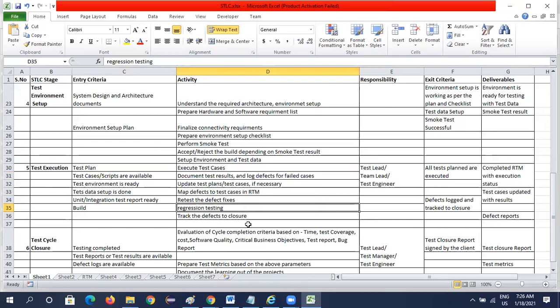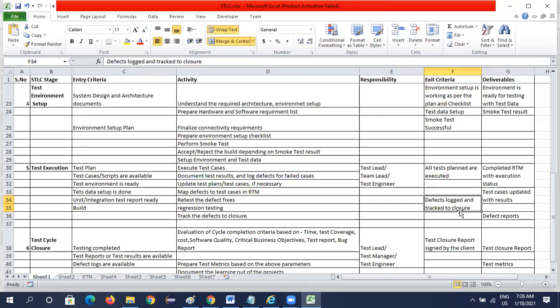We find the regression testing, and we do all the execution part. We execute the test cases we have written on the application. All tests planned are executed, and defects logged and tracked are the final output of this execution exit criteria.